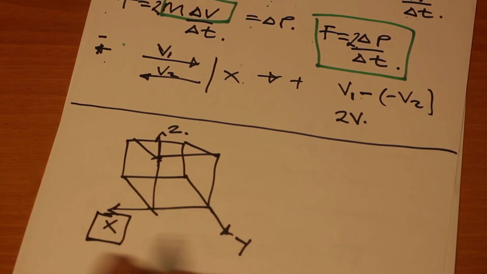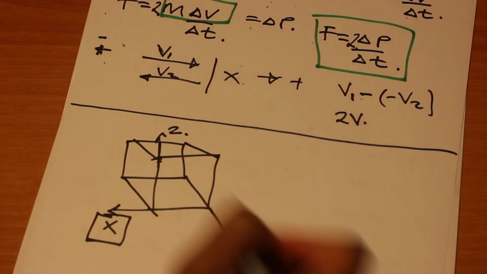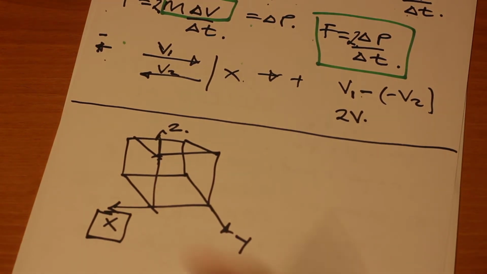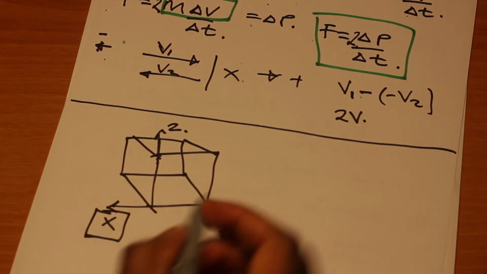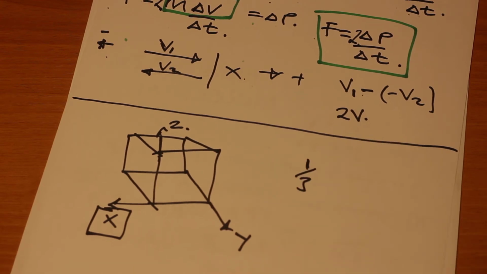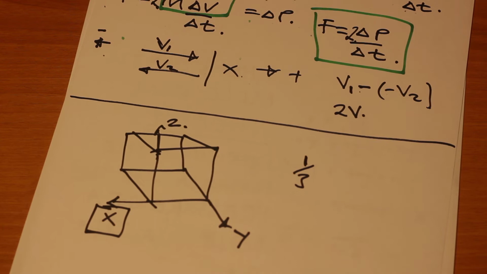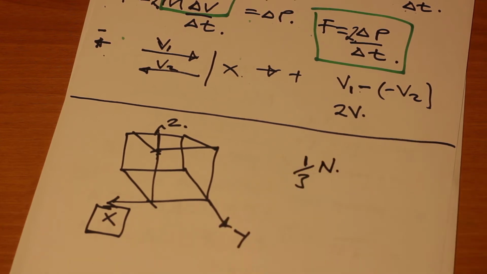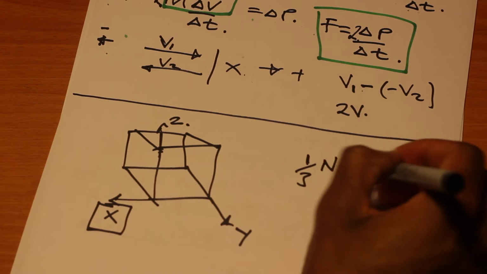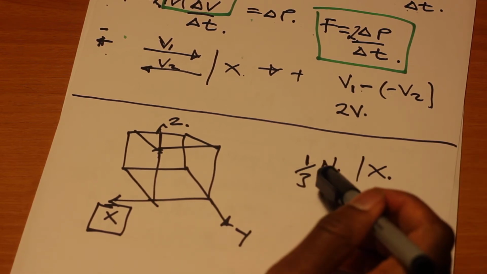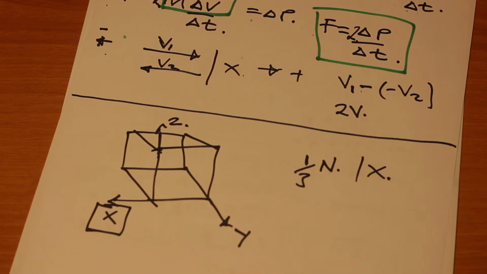We are having three different axes here. So when we talk of the x-axis only, it means out of the total number of molecules here, the number of molecules that are moving only along the x-axis is 1 over 3. Since we're having 3 of these axes, we're going to use the letter N to represent the total number of molecules. Therefore, along the x-axis, we're saying we're having 1 over 3 times the total number of molecules moving along